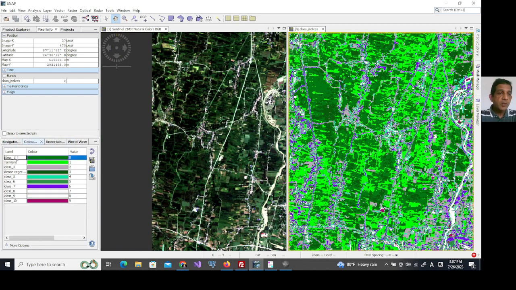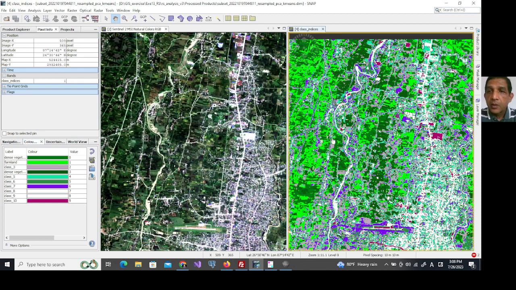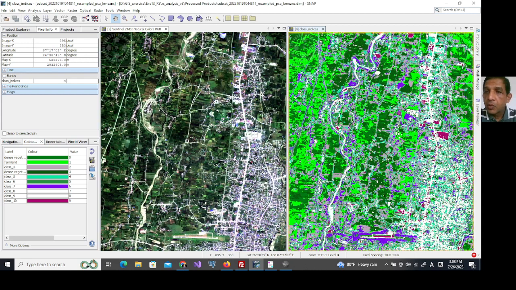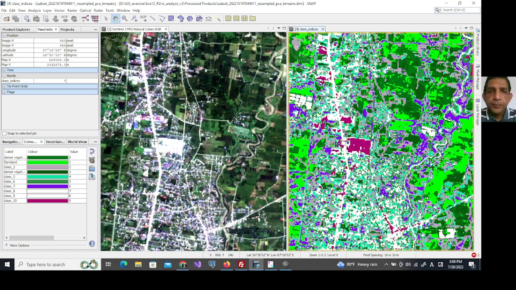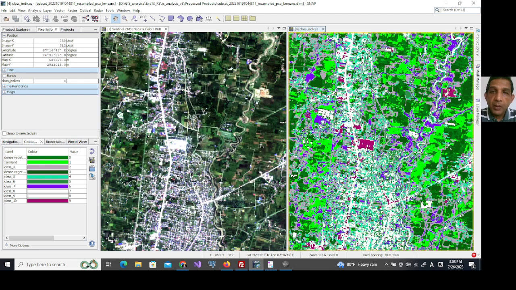So this is also, now we need to find other unclassified area. So this is 7 and 7 seems to be road or built up area. So let us make the built up area and road as same. Maybe this is 8 and this is 7. So 7 is road. Let us make 7